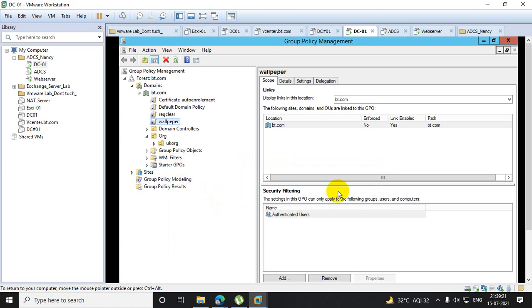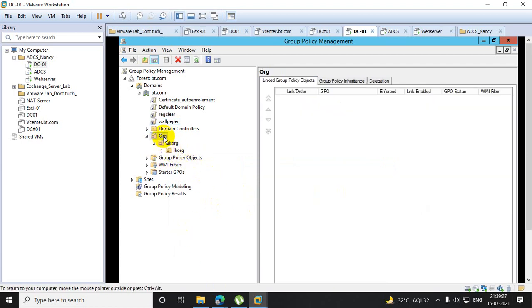Got my point? So now I am telling you what will be the basic thing. If I apply the policy on org, it will be inherited by its subchild. If you apply anything on org, it will be inherited in these subchilds.